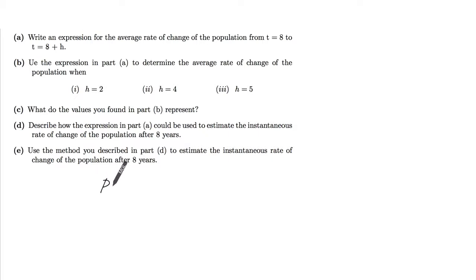Okay, so that's going to be P of 8 plus H minus P of 8, over 8 plus H minus 8. Now this here, you'll see this in calculus, right? This is called a difference quotient. But for now, I'm just going to simplify this. Okay, so this is going to be 0.5